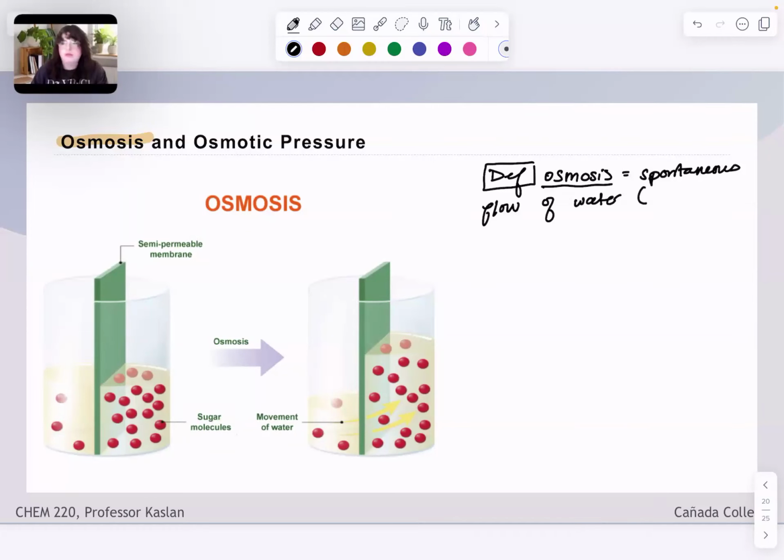And if we're going to be, not just 220 chemists, but in general, like chemists, including O-chemists, we would say solvent. Oh, no, osmosis is really only about water anyway, so let's just call it water. You're really going to talk about this in biology anyway. So osmosis, spontaneous flow of water